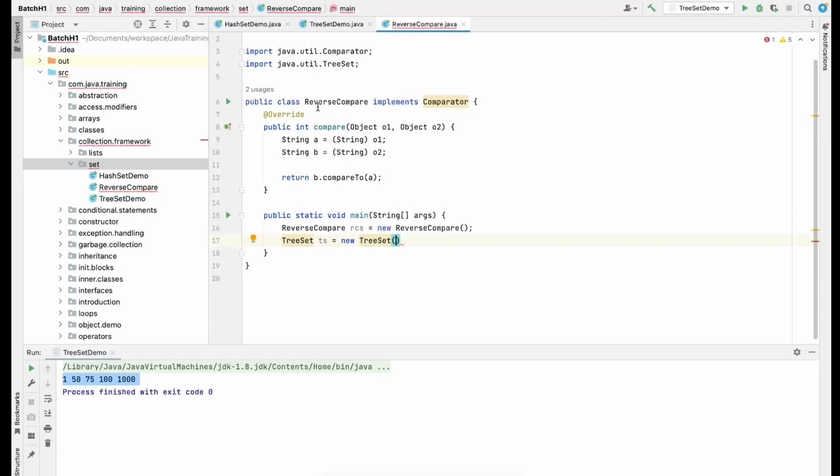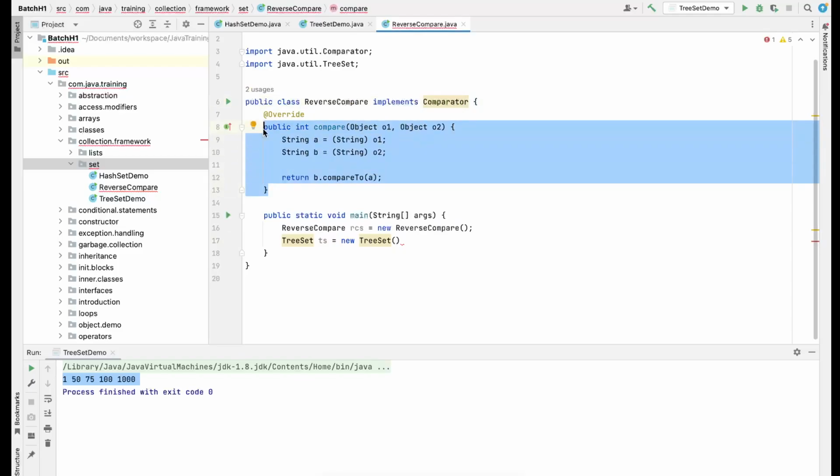What extra I needed to do was implement one comparator interface, and once you implement that, you have to provide a definition to this compare method. If you do return b dot compareTo a, this will sort things in descending